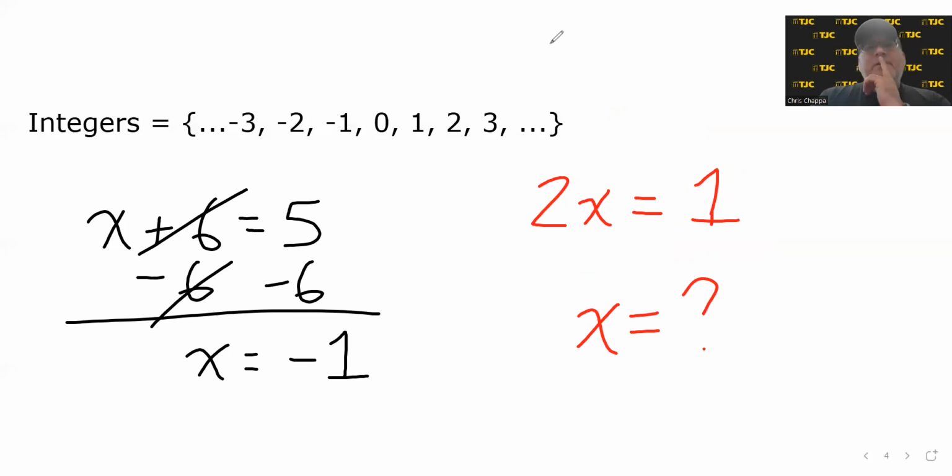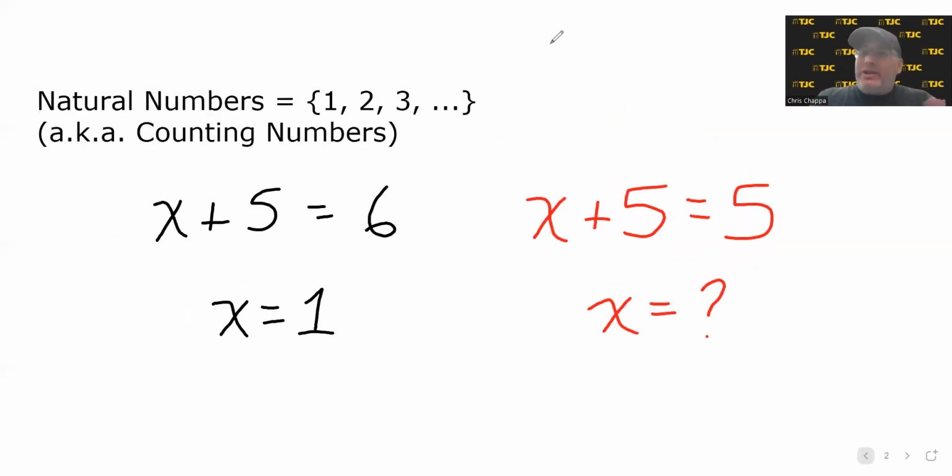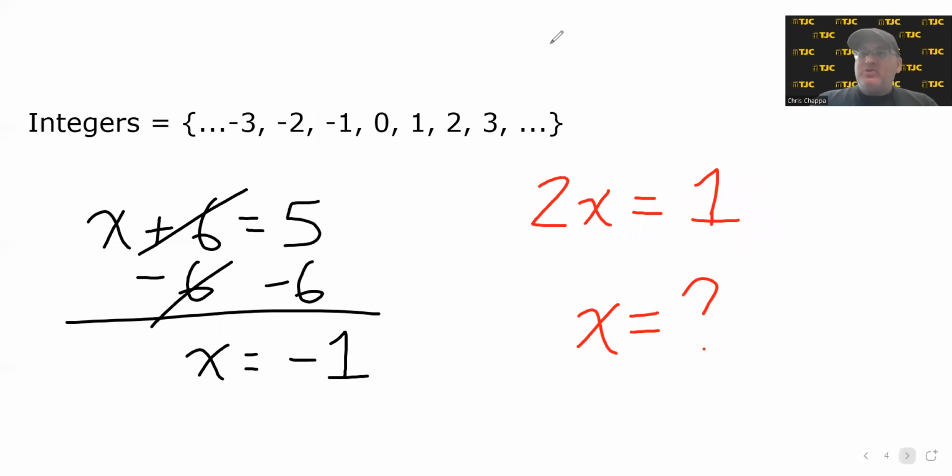Now, there's a problem here, because if you notice, what I've been doing is taking the previous sets, starting with the natural numbers, and putting more numbers into them. We start with 1, 2, and 3, then we throw in the 0, then we throw in the negatives. Now we're going to pick up the fractions, but the problem is, how are we going to write them? Are we just going to write them all in order? For example, where would 1/2 go? Well, it would go between 0 and 1. Well, if we wrote this,